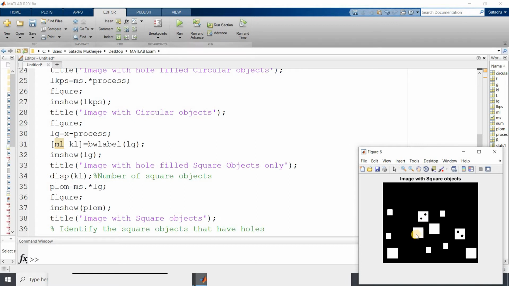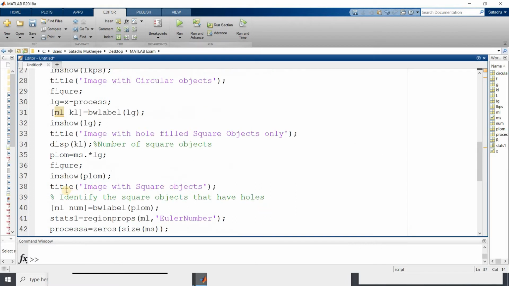And from that we can easily determine whether this square object has holes or not. Because if you consider this particular square object which has no hole, number of objects is 1, holes is 0, so the Euler number will be 1. But for this object, what will be the Euler number? See, object is 1 but 2 holes, so 1 minus 2, it will be minus 1. Here also it will be minus 1, right? So we can put one if-else condition and we can easily get that.